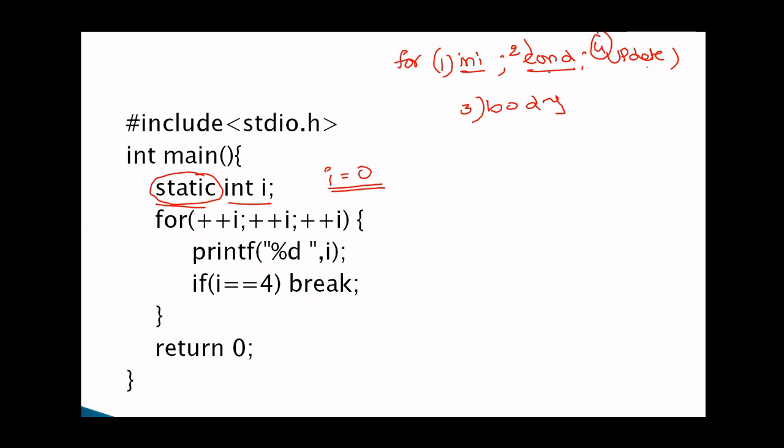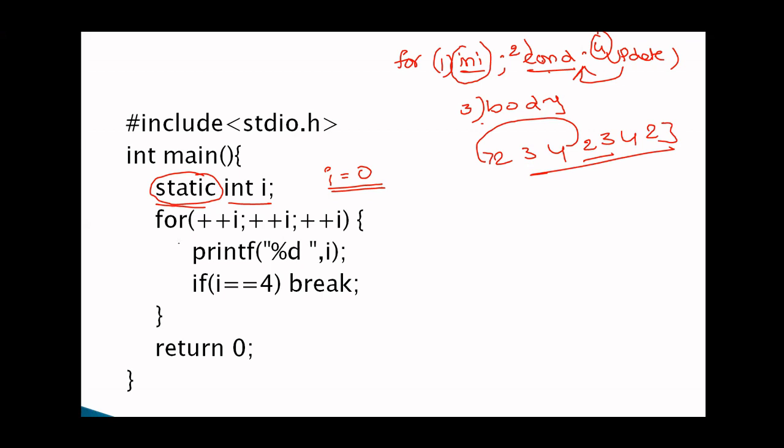After completion of the body of the loop, move to update. Update means either an increment or decrement operation. After updating, again check the condition. If the condition is true, then body, and then update, and the process is repeated. That is steps 2, 3, 4, again 2, 3, 4, like that. Initialization is performed only one time. Body, update, and condition are performed multiple times.